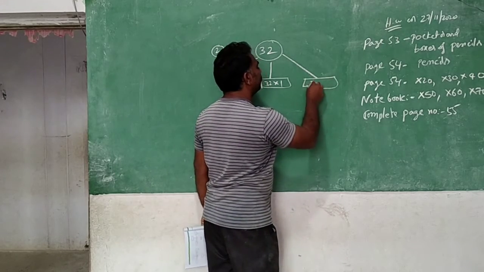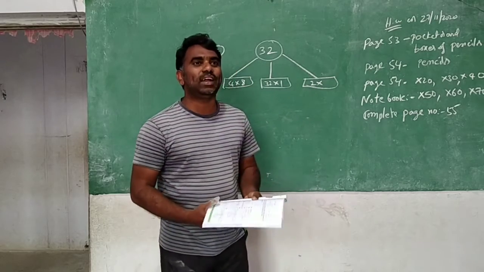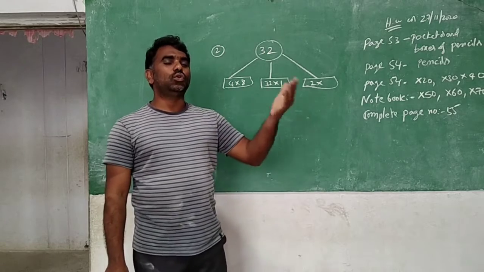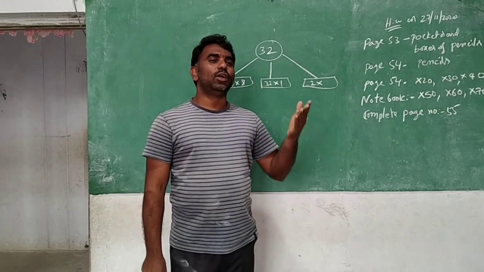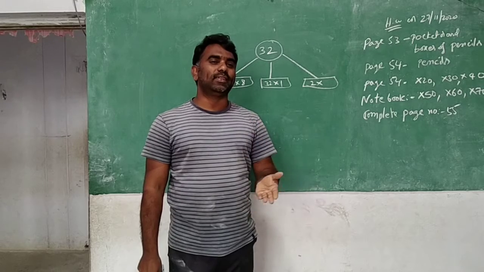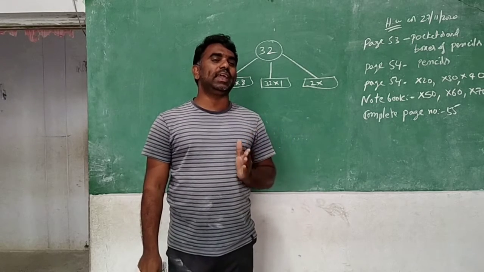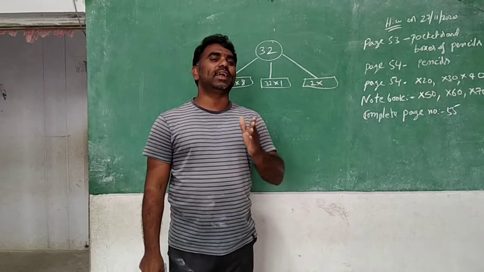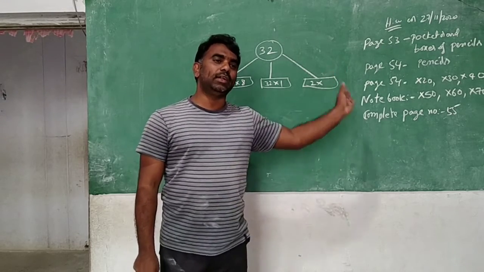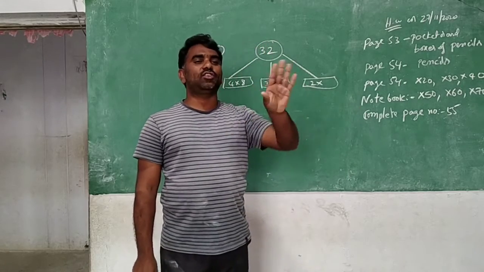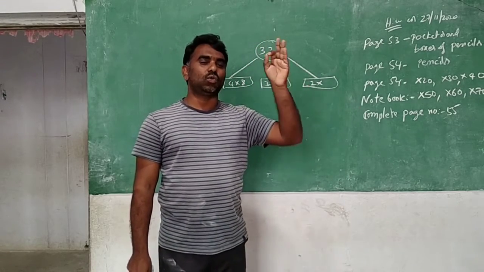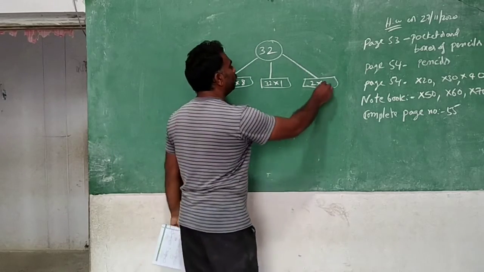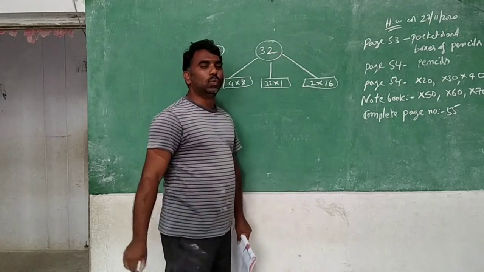In the 2 table also it will come. For the 2 table, maybe you think 2 10s are 20 only, no sir. 2 11s are 22. 2 12s are 24. 2 13s are 26. 2 14s are 28. 2 15s are 30. 2 16s are 32. Like that the 2 table will continue forever. It will not stop at 10. 2 11s are, 2 12s are, 2 13s are, you can say. Like that 2 16s will become 32.